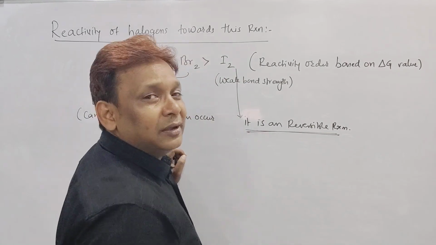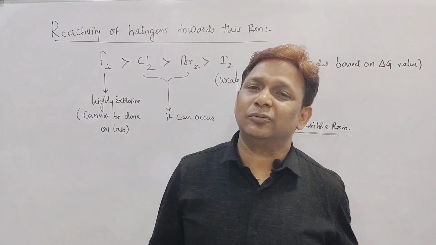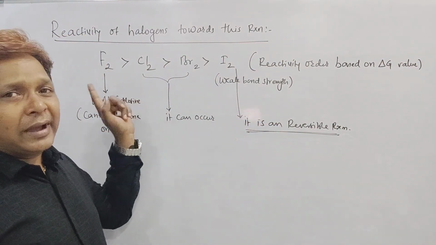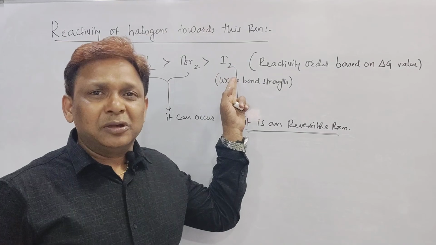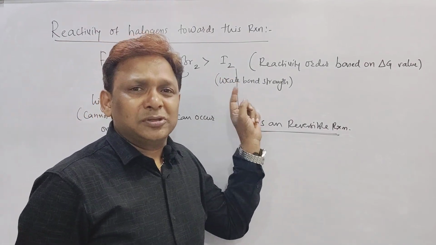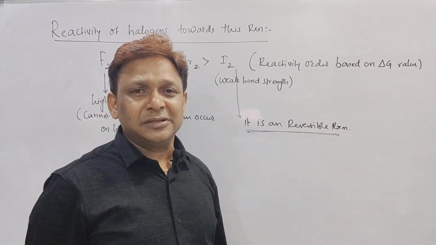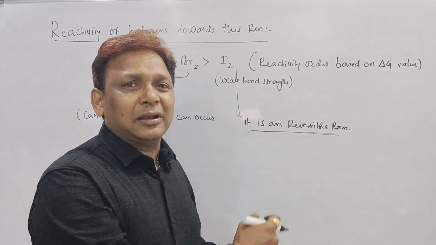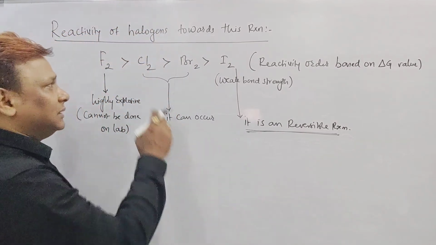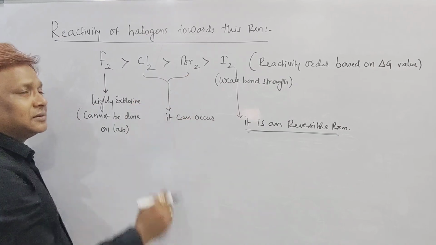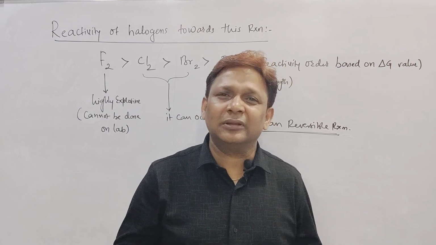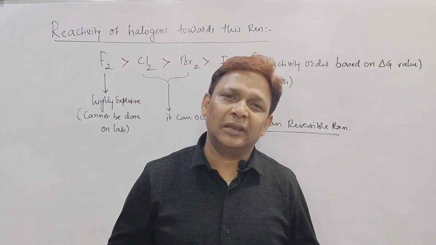But I want to tell you, reactivity of these halogens over the alkane can be taken in this order. Fluorine is more reactive, highly explosive. Iodine is less reactive, and the reaction cannot occur easily because it is reversible, due to the formation of a strong reducing agent. And to remove that reducing agent, we have to add a strong oxidizing agent, right? But chlorination and bromination can occur in the lab. Addition of chlorine on the alkane can be seen. Addition of bromine on the alkane can be seen.